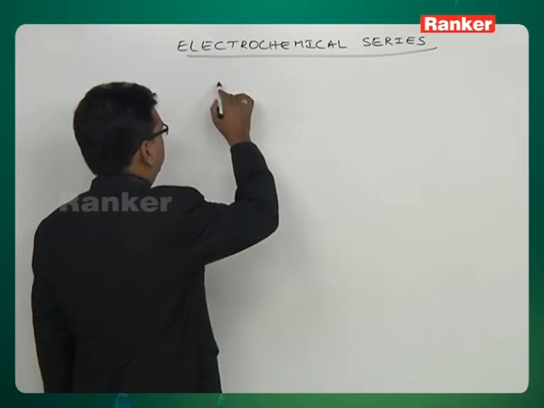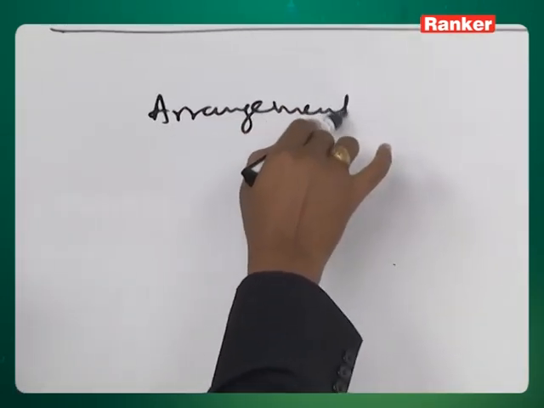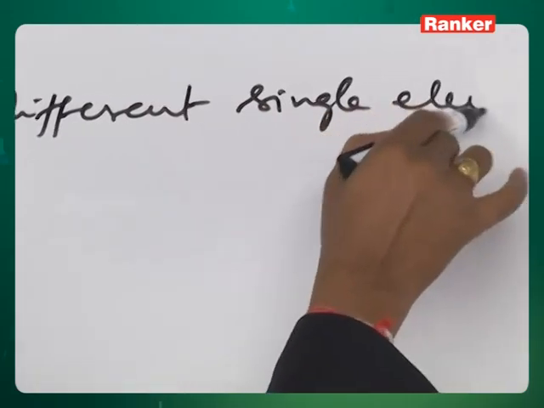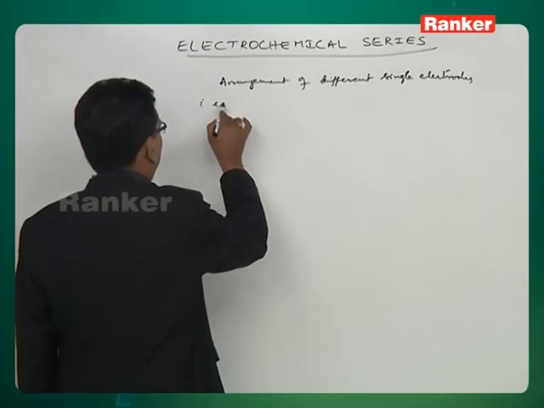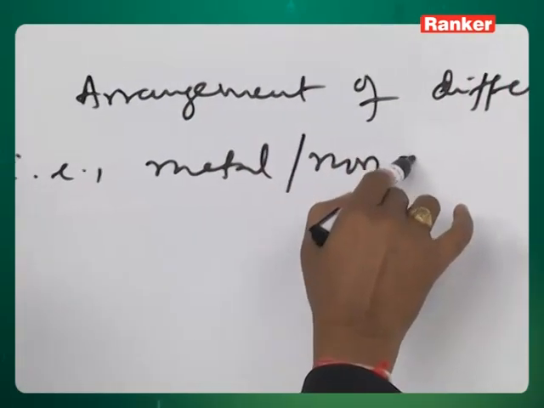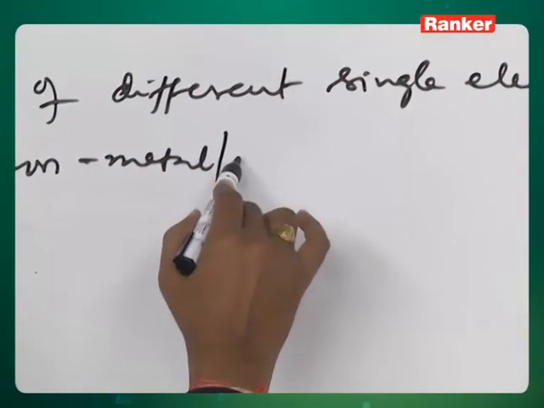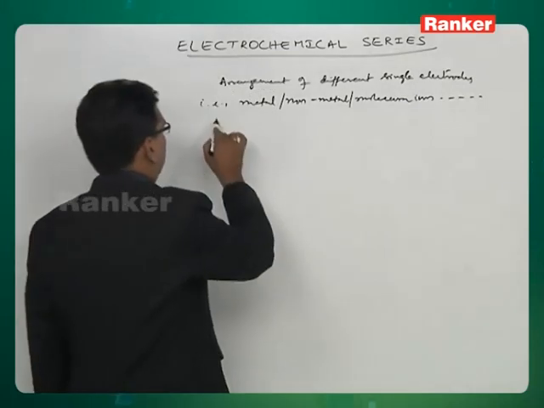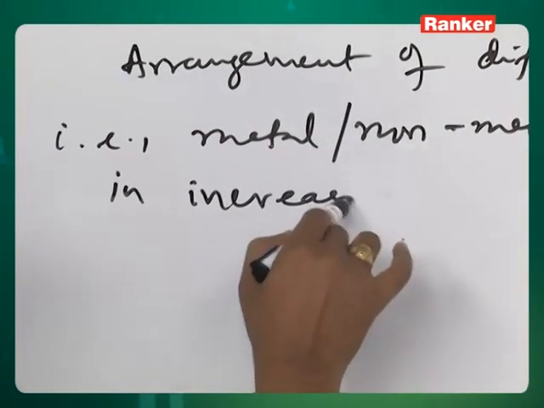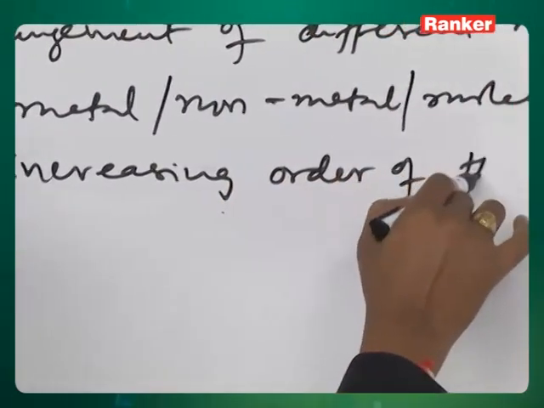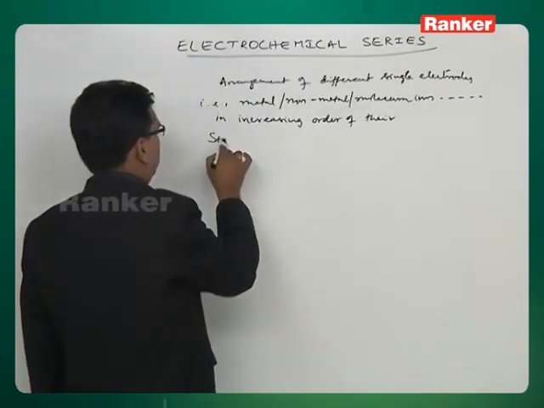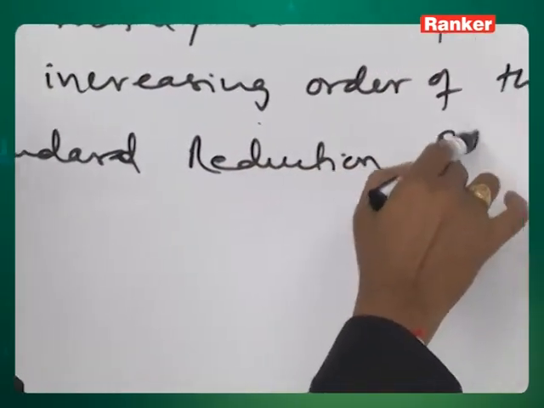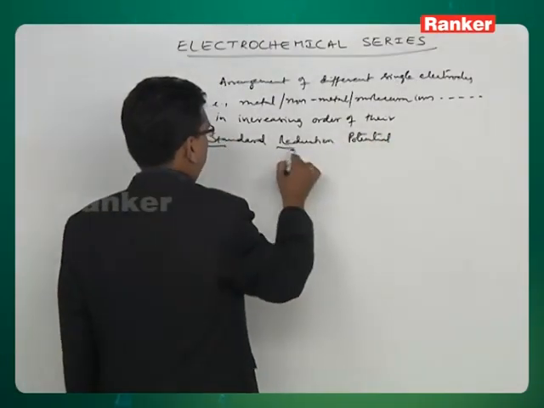This electrochemical series is nothing but an arrangement of different single electrodes, that is metals, non-metals and some molecular ions, etc., in increasing order of their standard reduction potential, SRP,